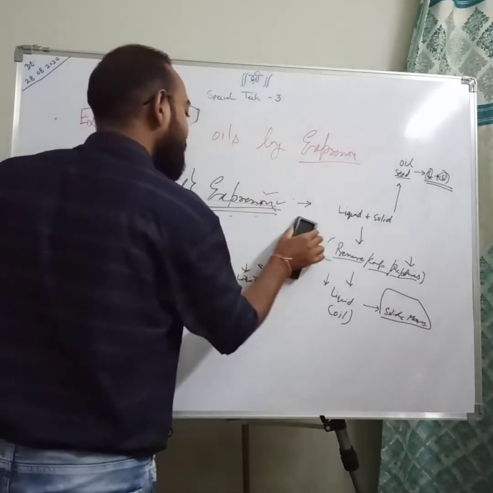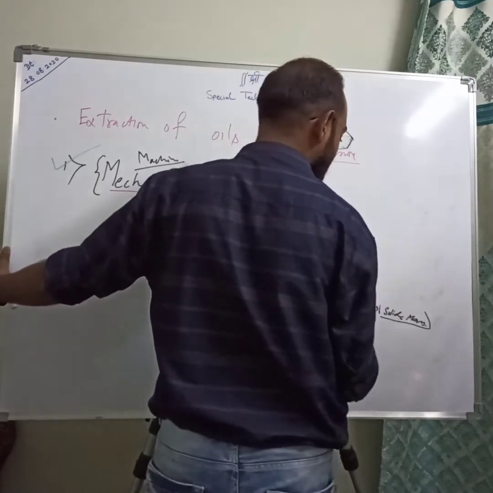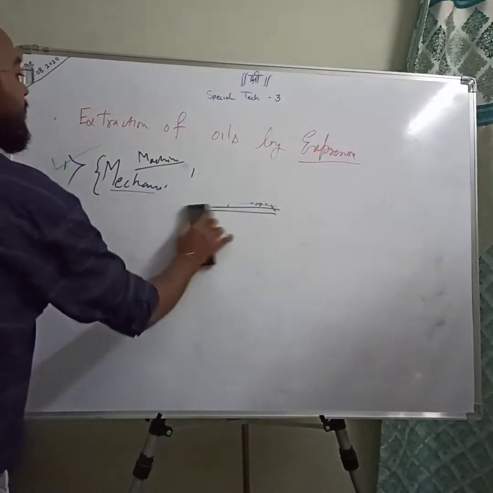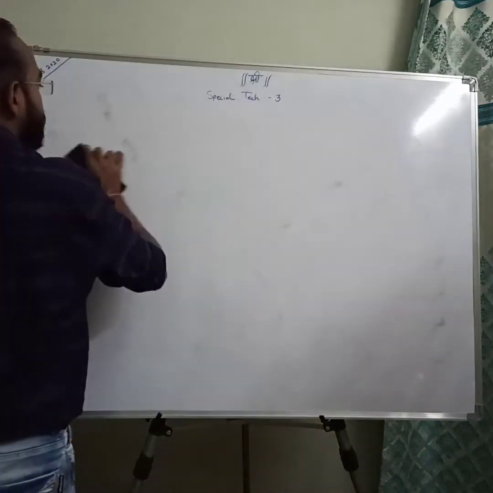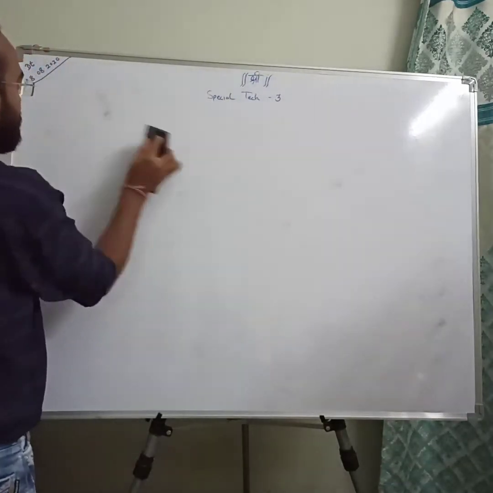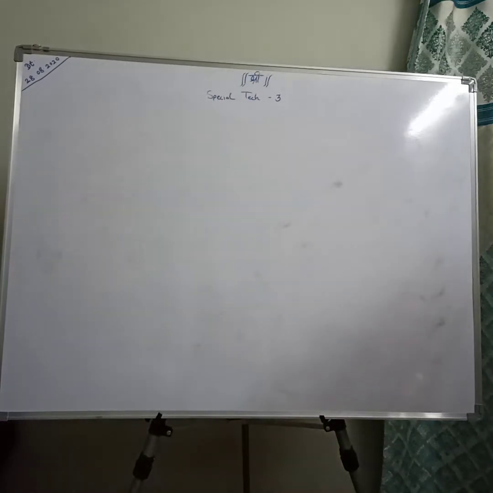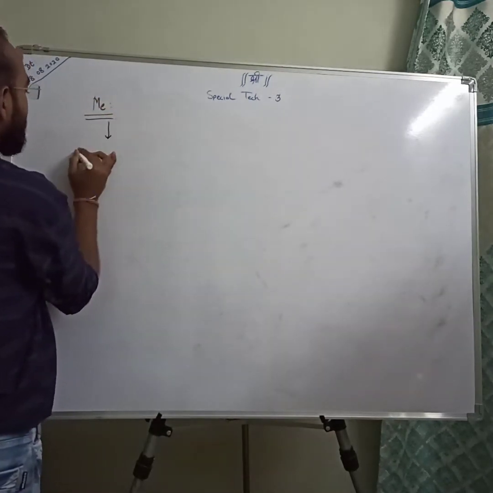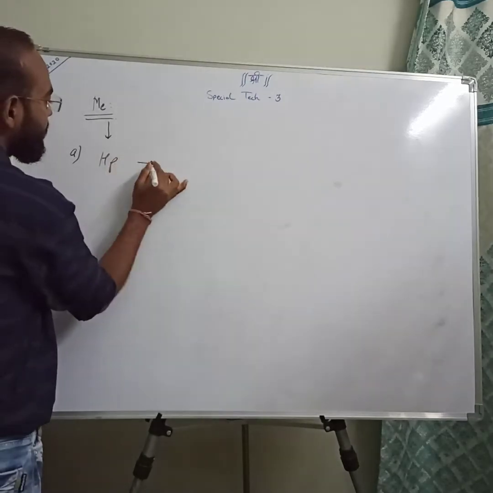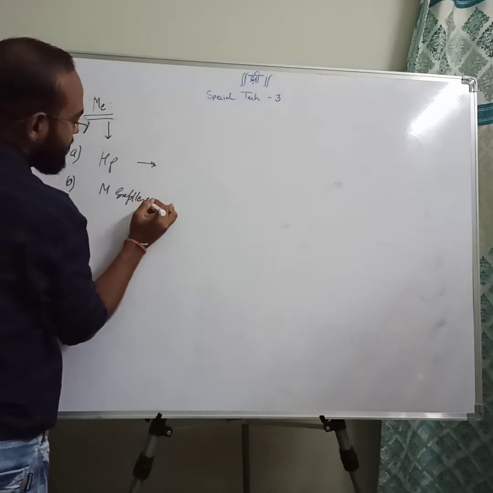Extraction I will explain later when we focus on the solvent extraction topic. Before that, let's focus on mechanical expression. Mechanical expression is the oldest method and is carried out in two ways: the hydraulic press, and second, mechanical expellers.